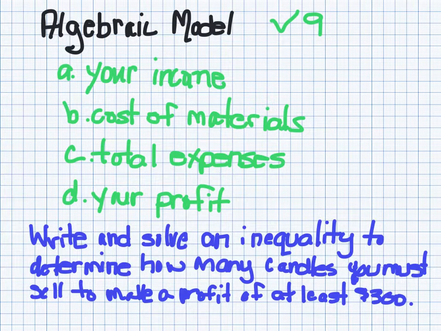So the algebraic model is going to be Checkpoint 9 in your book, and it's going to ask you four things: your income, cost of the materials, the total expenses, and your profit. And so we would go through, and let me change a font here, a color. So for income, the algebraic expression would be